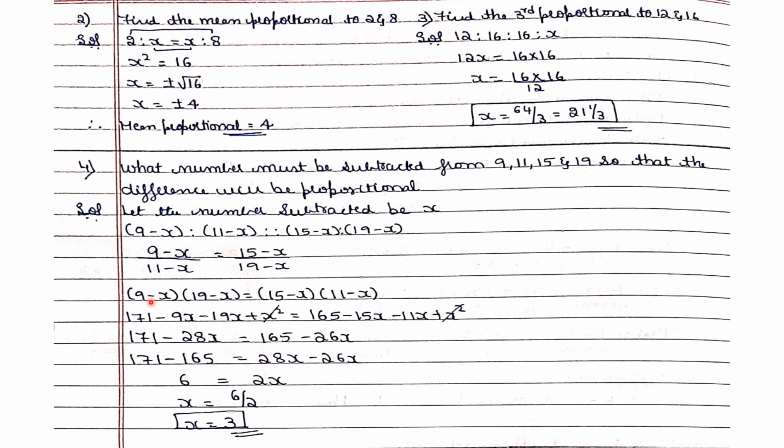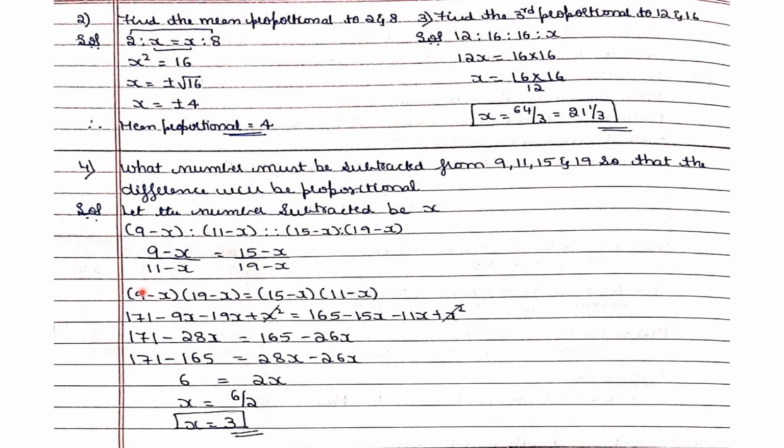When you cross multiply and multiply these values, you will get x terms and constant values. Once you simplify, you will get the remaining values, that is the x value. The x value will become 3.